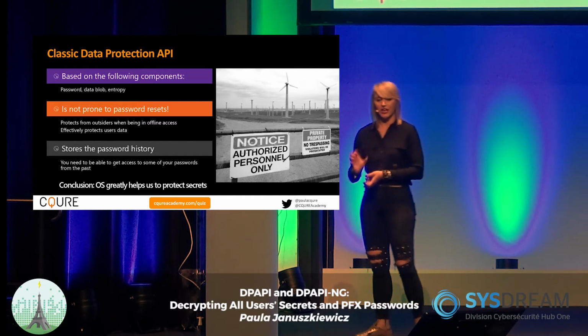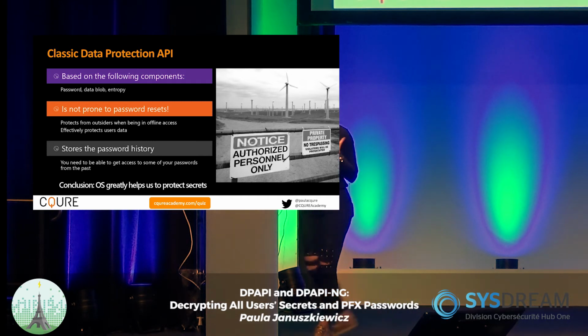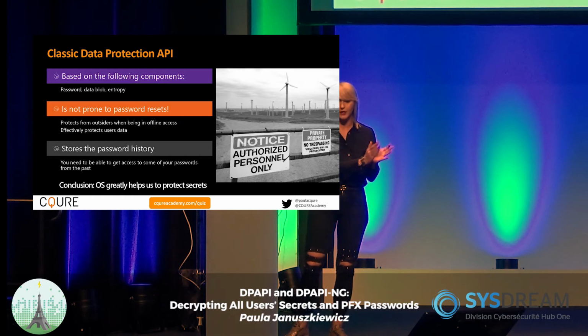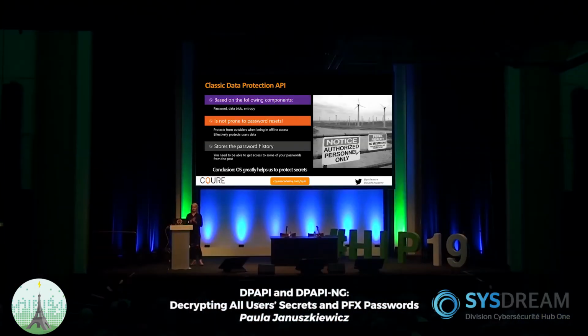The data protection API in general is delivered in three places, three things. One, system DPAPI. Second, local user DPAPI, and third, domain user DPAPI. Because for domain users, DPAPI is done in a little bit different way. So whenever we are thinking about that, the question is, how do we protect these secrets? We already know what the secrets are. It could be an Outlook password or a password stored in the browser.